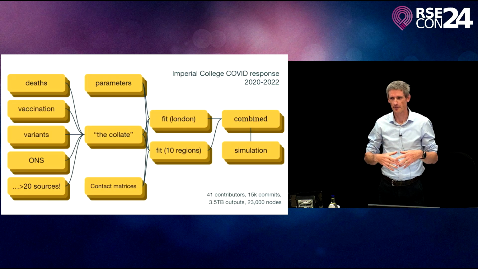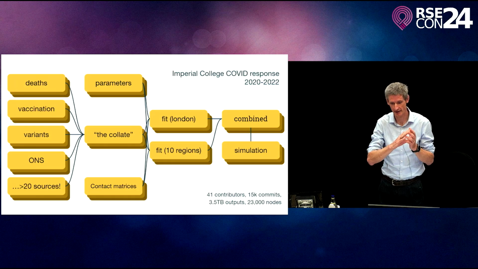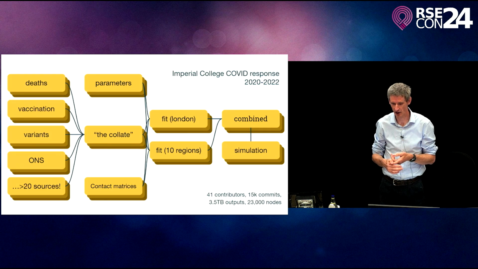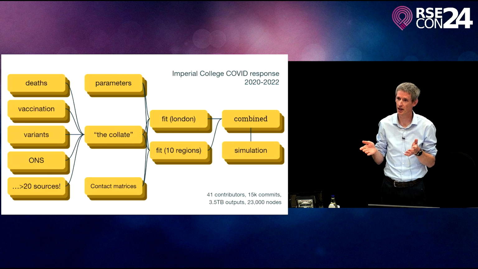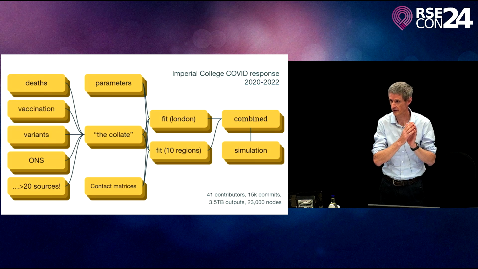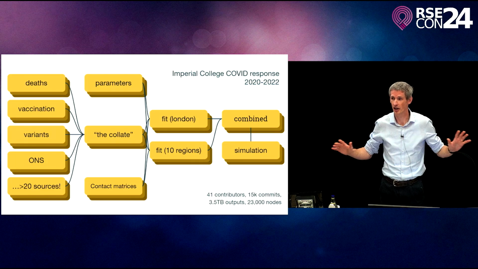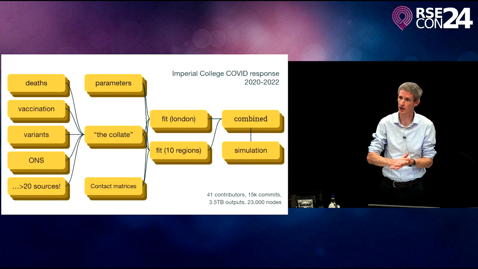This COVID response was a massive scaling up of the ideas, and it changed a lot of how we thought about distribution, how we thought about versioning, and how we thought about this flow across the graph. And this was massively collaborative. We had 41 people working on the GitHub repository behind us with 15,000 commits on this. Some of these people had never used Git before the pandemic. We've ended up with 3.5 terabytes of data across about 23,000 nodes in this graph. So the whole system scales up pretty well to complicated workflows, but also scales back down to individuals working on a laptop.